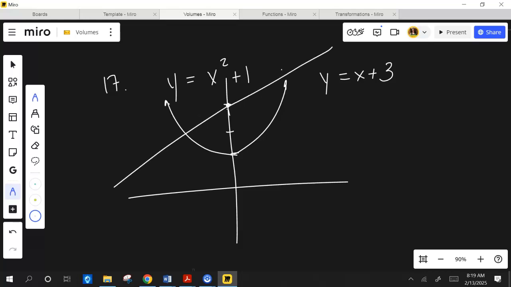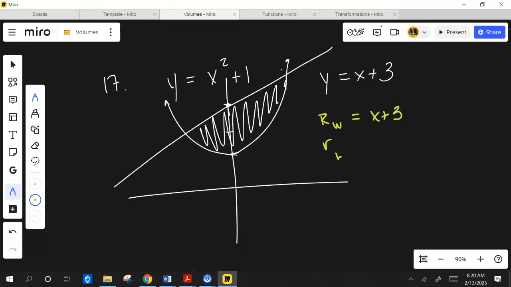There's x plus 3. It's got a y-intercept of 3, and it's got a slope of 1. Okay? So you really have to picture this shape that's being revolved. The radius of the whole thing, the big radius, is x plus 3. The empty space radius